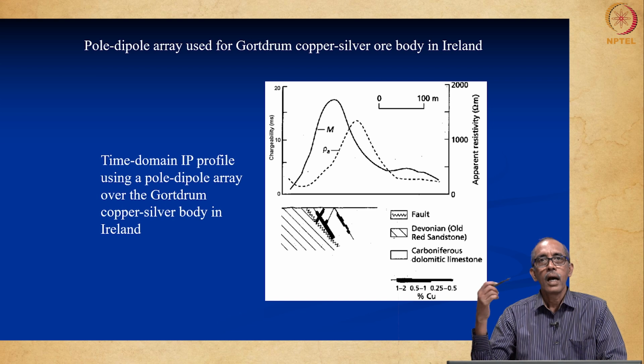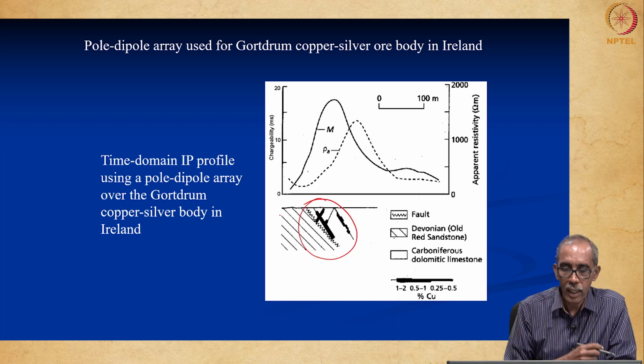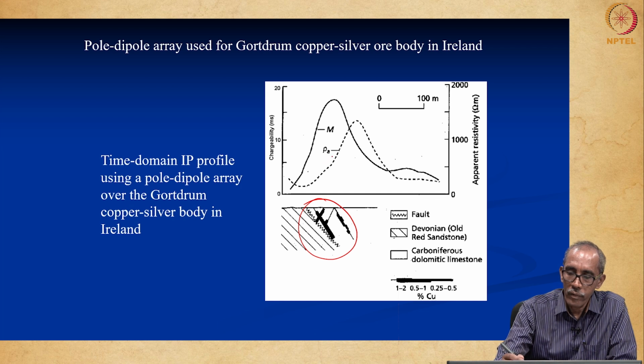Now, let us see how this may be of interest to a mining engineer or a geologist, right, how induced polarization can help us in delineating ore bodies. So, here you can see there is an ore of silver beneath the surface of the earth, and they have carried out both the resistivity method as well as the IP method. So, this is IP, the dotted line is the resistivity.